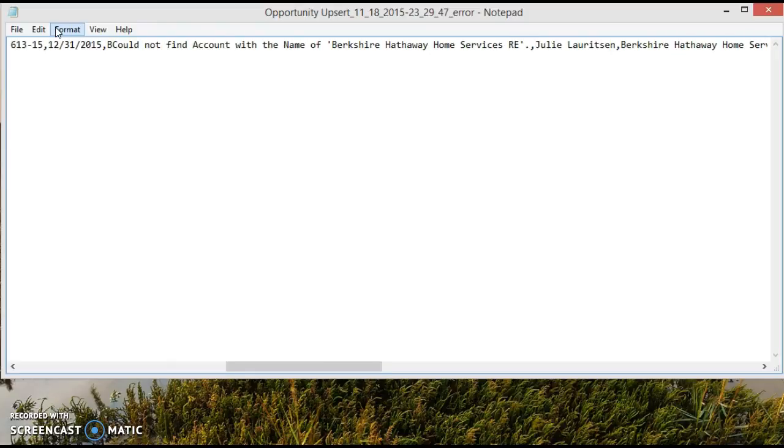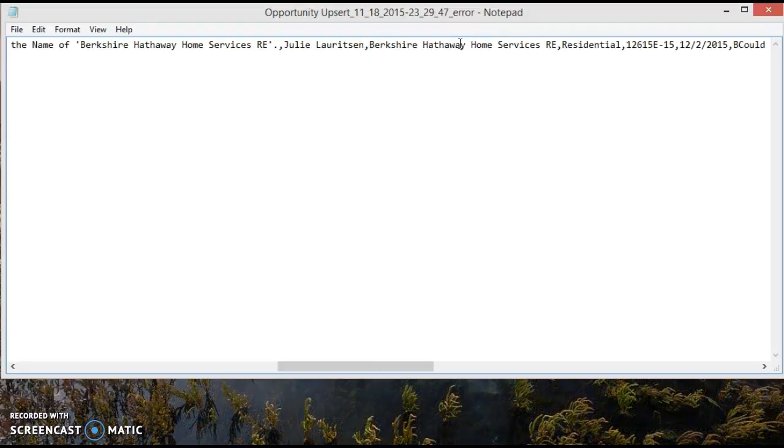This one, Berkshire Hathaway Home Services. It says could not find an account with this name. So there's something with this account name that doesn't match from RamQuest into Salesforce. So it's probably a space here between the home and the services. And if we look, we can see how it is in Salesforce, and if that's the case, then we probably need to edit it in RamQuest to match